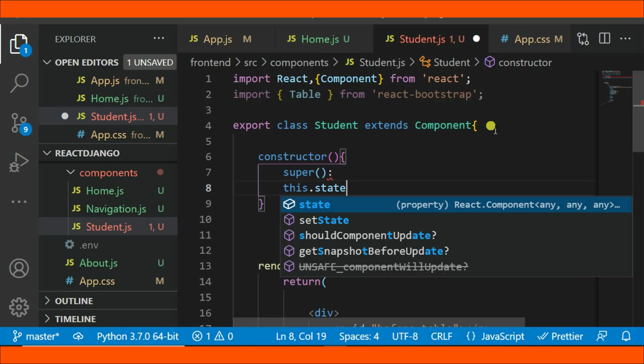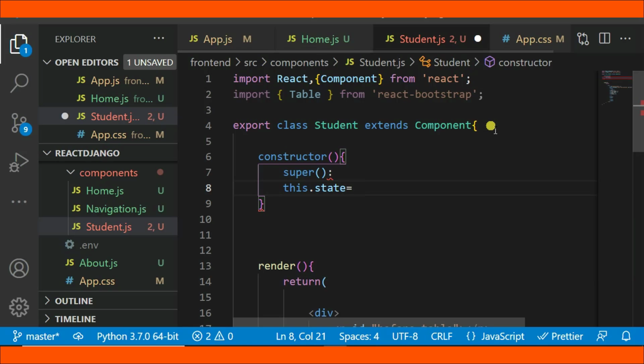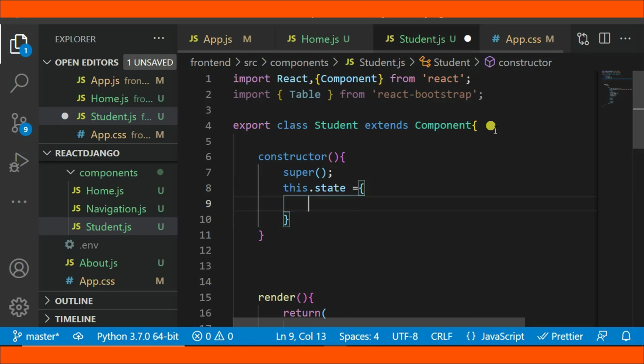Okay, this dot state, this dot state, this dot state equal sign. I hope this is something like this, equal sign, then curly bracket depth, then square bracket. Okay, then a square bracket,